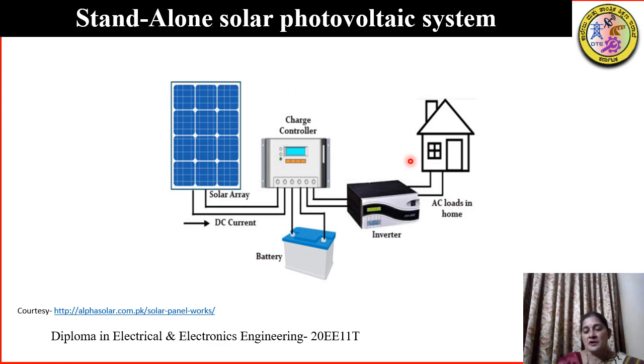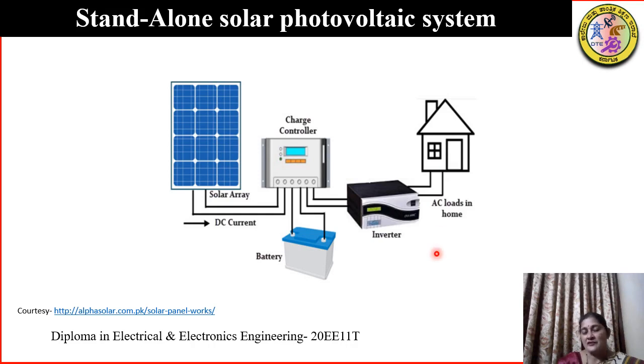But the consumer usually has AC loads. It is not that DC loads are not there, but DC is used for some specific applications. Say for electric traction, say for electroplating, for charging of batteries and so on. But generally all the loads are AC. So the power that is produced by the solar array is DC and the requirement of the consumer is AC. So we need to convert the DC output of the solar array into AC for the consumer to suit the needs and requirements of the consumer.